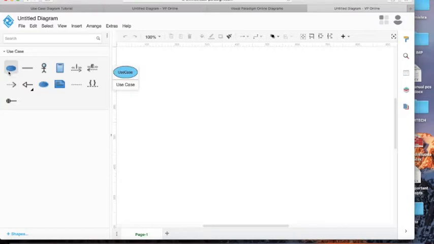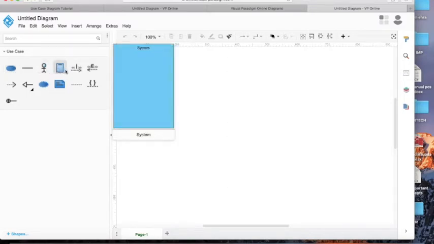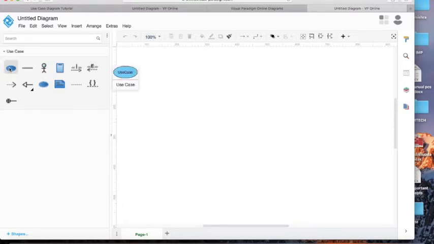In the theory section it's already completed, but I'll give you some overview about the use case diagram and how you are going to draw it. You just have to drag from here to here to draw the use case diagram.